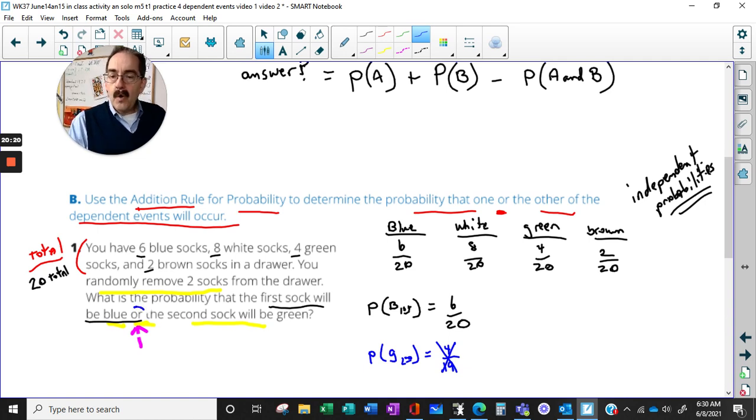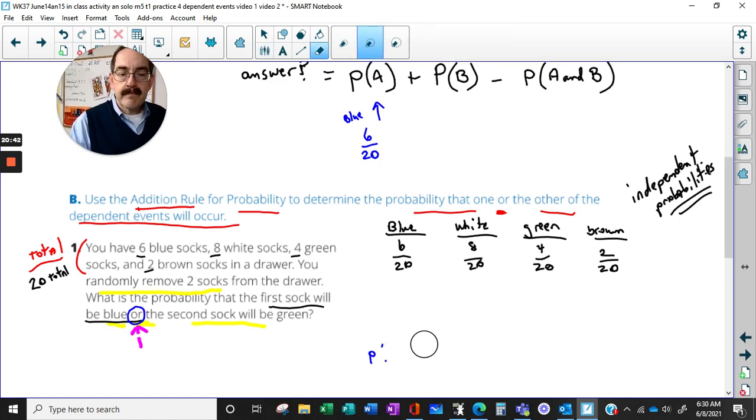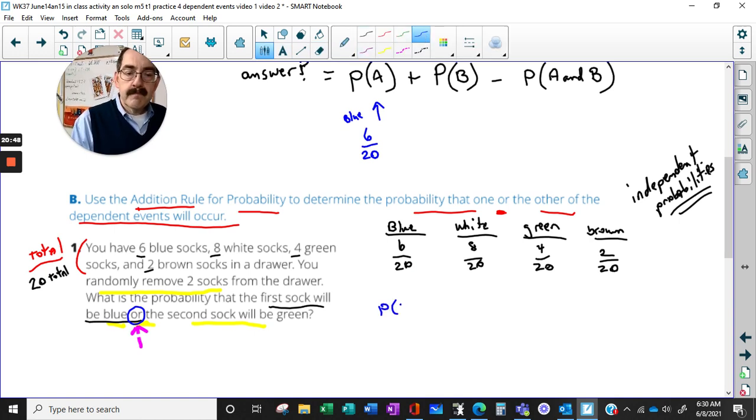When we're given an OR statement, it's the probability of the first one, 6 out of 20, which is a blue. And I should have done that. Blue, 6 out of 20. You know what? Let's do that over. Probability of a blue on the first is 6 out of 20. Probability of a green, see how I did that? On the second,